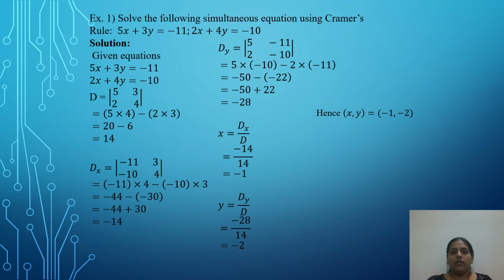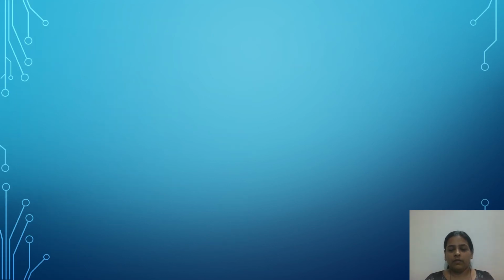So this is some information related to Cramer's rule, which is used to calculate the values of x and y variables of linear equations in two variables. So in this way we have to calculate the solution of linear equations in two variables by using Cramer's rule or the determinant method. In the next video we will solve practice set 1.3, which is based on Cramer's rule or the determinant method.